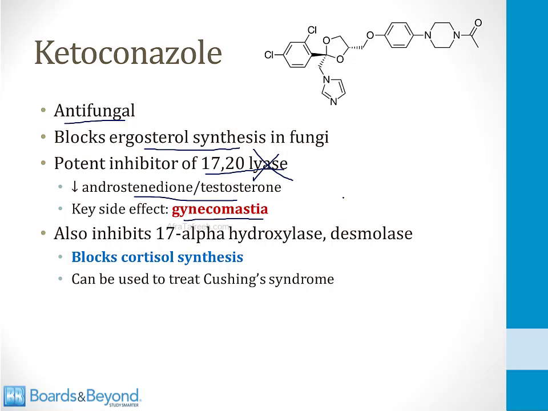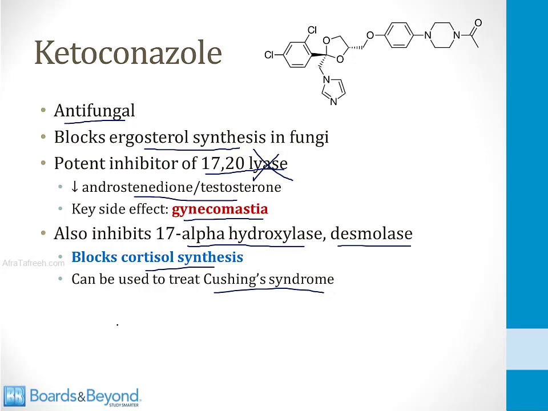In addition, at higher dosages, ketoconazole inhibits a couple of enzymes that lead to cortisol synthesis. It can inhibit 17-alpha hydroxylase and desmolase, and by blocking these enzymes, there's less cortisol synthesis, and for that reason, you can use ketoconazole sometimes to treat Cushing syndrome, which is a disorder I talk about in the video on adrenal disorders, but in Cushing syndrome, the adrenal gland produces too much cortisol,